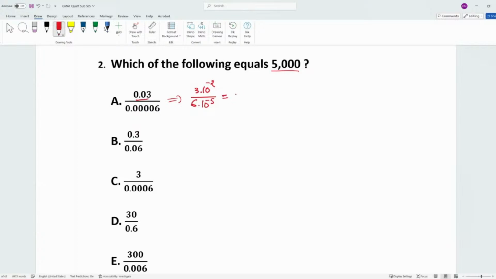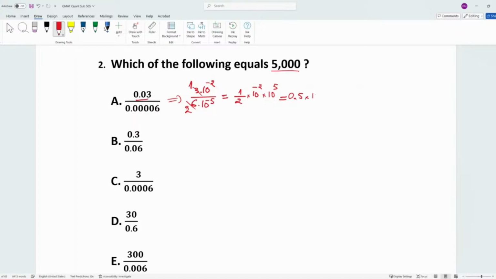So if we simplify this, it's going to give us 1 over 2 times 10 to the power minus 2 times 10 to the power 5, because this one, when it goes up, it changes the sign. And here we will have 1 over 2 is 0.5